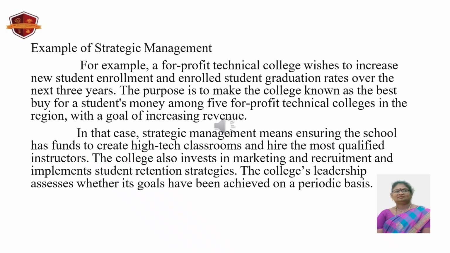Here we show an example which is involved in strategic management. For example, for a non-profit organization or a profit organization, the graduation rates for 3 years. Here I have given the example of students who have enrolled for graduation for the next 3 years. The college should know which is the best thing for the aspects. So students' money is the major thing for the organization goal. Each and every organization is focusing on profit. So profit is a major thing, which has to increase their revenues.